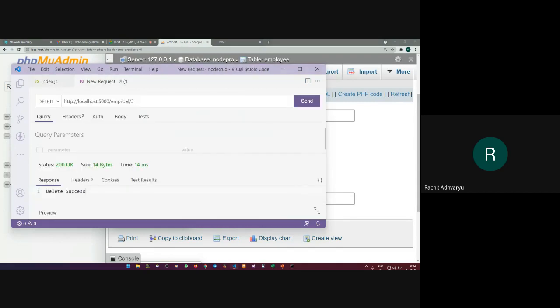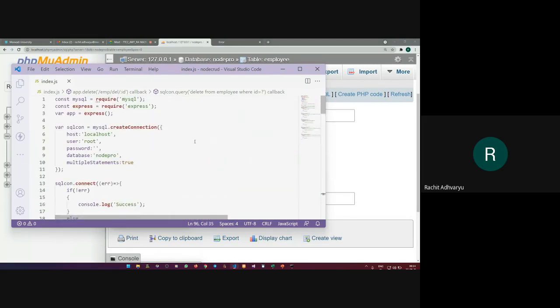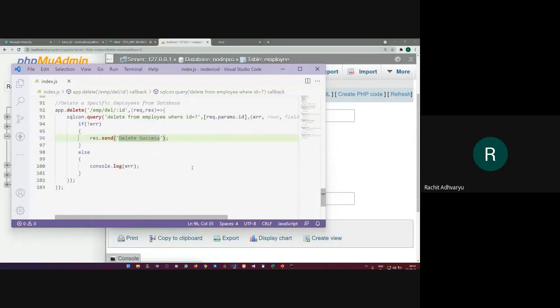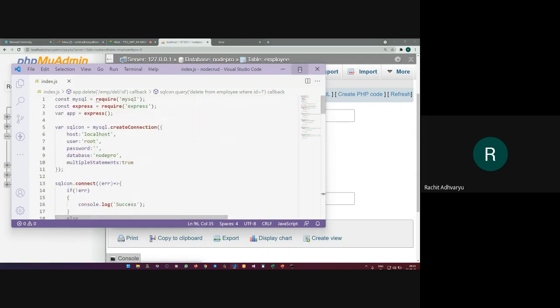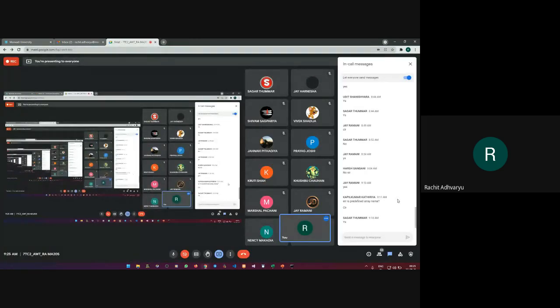And the same program is available in the Word file that I already shared with you via email. I hope you have received that Word file from my side. So this is your complete CRUD operation of Node, or I would say Node API, where we are executing this API code using the third-party tool or extension, either Thunder client or you can use Postman, whatever API executor you want, and just need to execute these applications on your own. So this is the CRUD operation of Node. I hope I am clear with this.